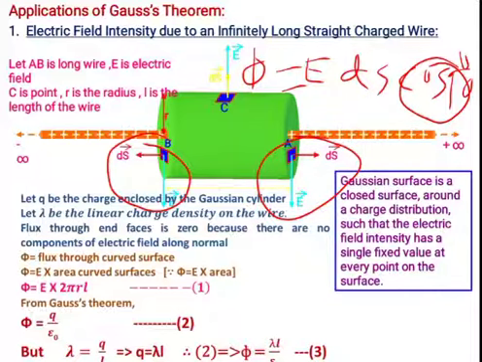That is, phi is equal to E into area, E into ds. So how much is the curved surface area? That is a cylindrical area, and we know the formula for the cylindrical area, which is 2 pi RL. So phi is equal to E into 2 pi RL. Call it equation number 1. But what do we know from Gauss's theorem? Gauss's theorem: phi is equal to Q divided by epsilon naught.